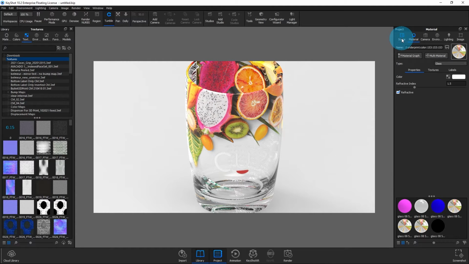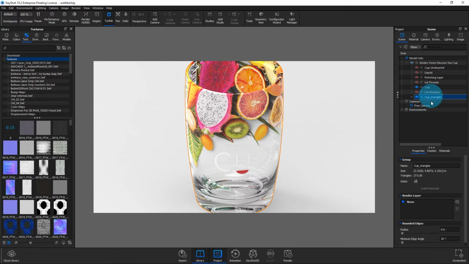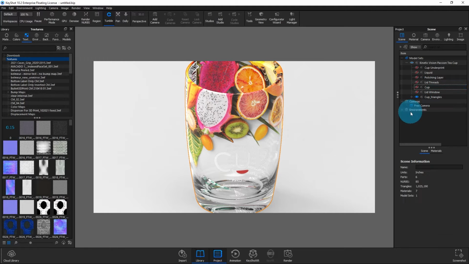Once that's applied, I can go back to scene, and I can see that I have cup. That's the original voluminous file. And I also have cup triangles. Cup actually is nothing now. I can hide and show that all day long, and it's not going to change anything on display. Cup triangles